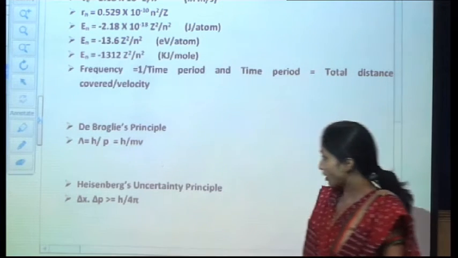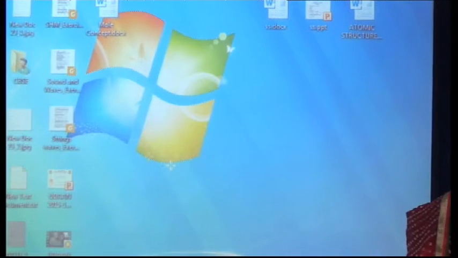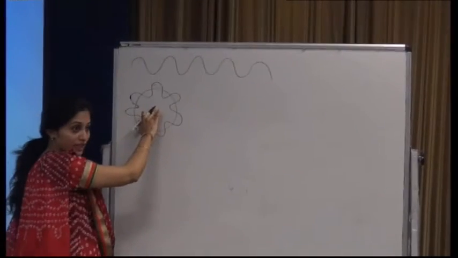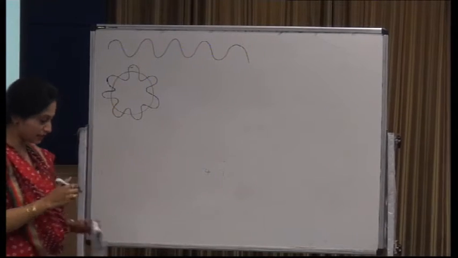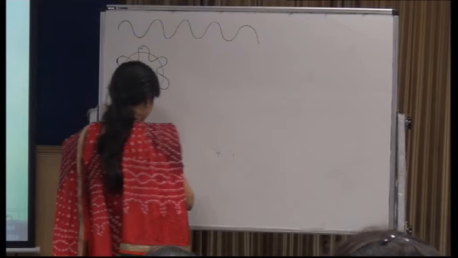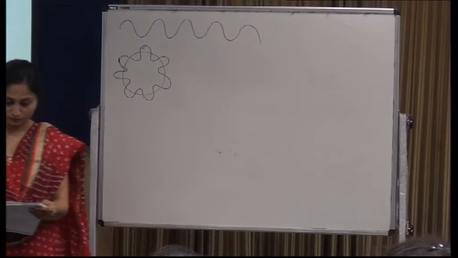Now if I want two of my waves to be in phase, then in that case what do we have? First understand, if I want some kind of a pattern, I expect my waves to be in phase with one another. That means